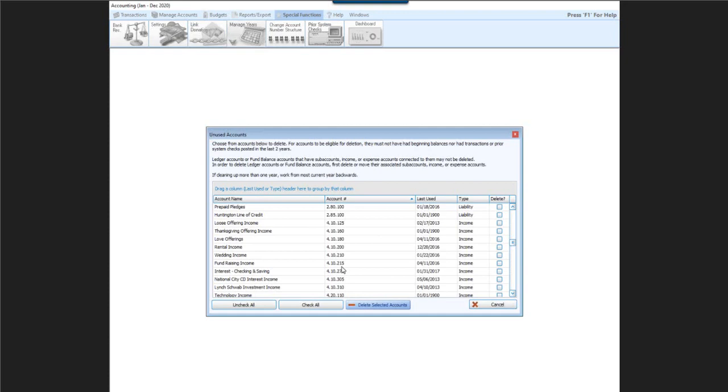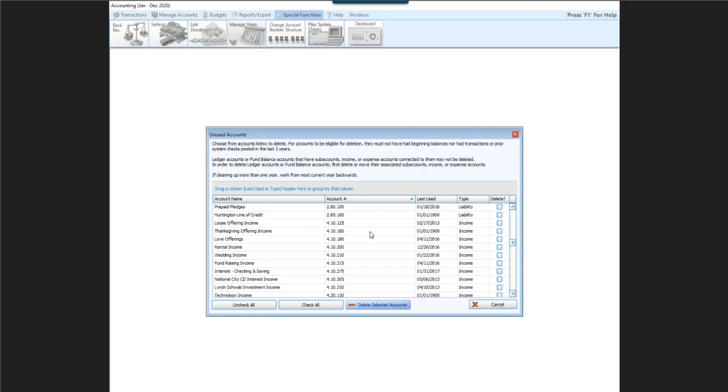I think personally this is one of the most underutilized features in the software, okay? If I were managing a Church Windows database, folks, accounting in this year, when I go in and delete them in 2020, I am not deleting those same accounts in 2019 or any other earlier year, okay? I am just deleting them from my chart of accounts in the year 2020 only. I am not affecting any other accounting year, whether that's back into 2019 and earlier or forward into 2021, okay? Very important thing to understand.